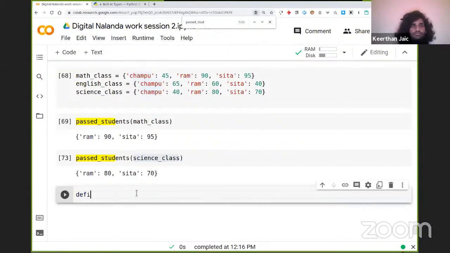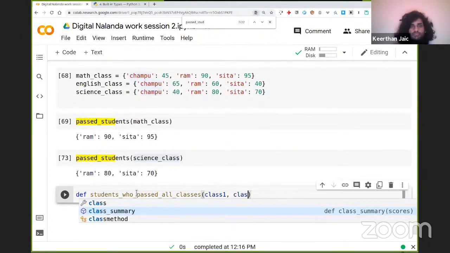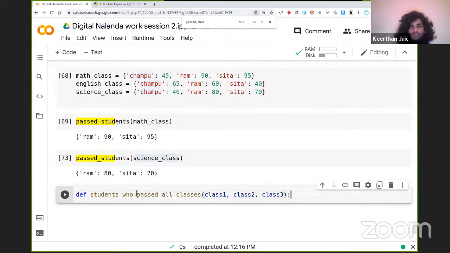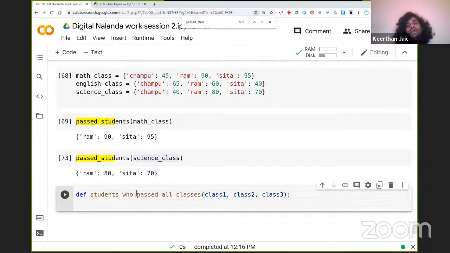So this function takes in 3 arguments, let's say. And it returns